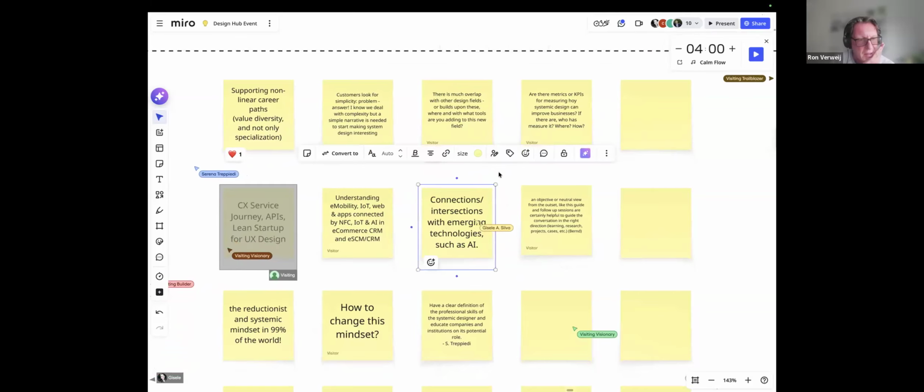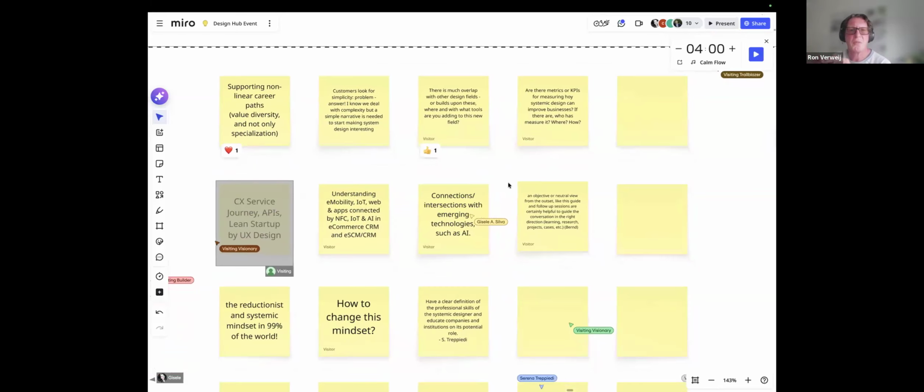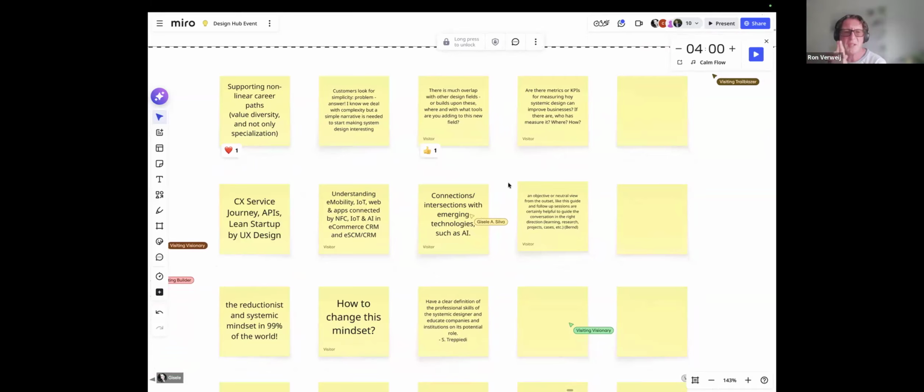Yeah, but maybe I'll jump in, or somebody else was there too. Apologies. I think it's very simple. I think our biggest challenge is that the world around us is organized and thinking in a very reductionist, systemic mindset, right? How do you change that mindset on the potential customer side? I think that is the biggest challenge of this industry.